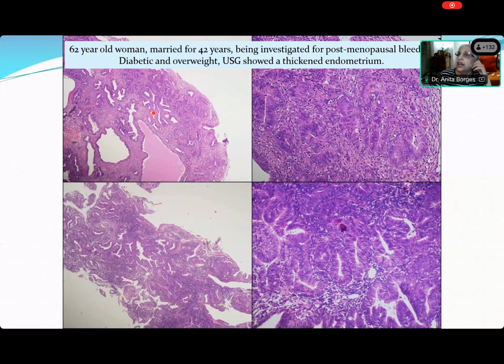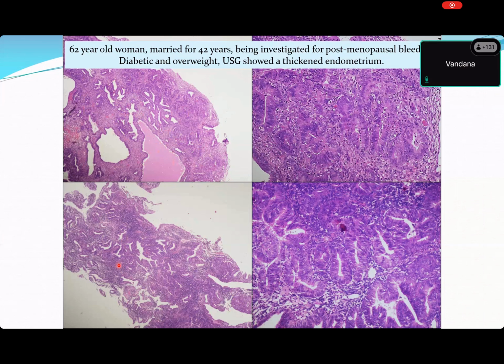And now you're seeing estrogenized proliferating glands with the gland to stroma ratio being in favor of the glands. And you're seeing branching glands and dilated glands, and you're seeing the same thing in the second picture on the lower left-hand side. So what would you want to call this side of the picture, Vandana? Do you think it's normal proliferative phase, because that is estrogen, right? Yes, ma'am. But it's not normal. It's not normal. Excellent. So what is it then?